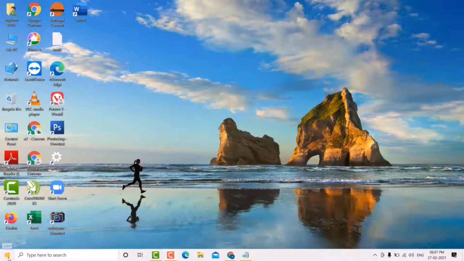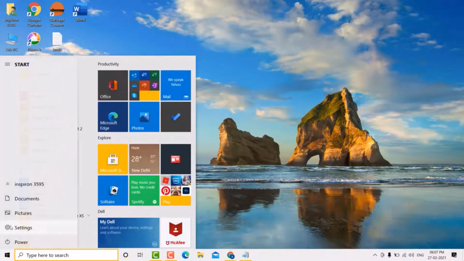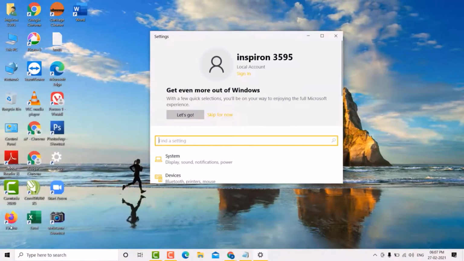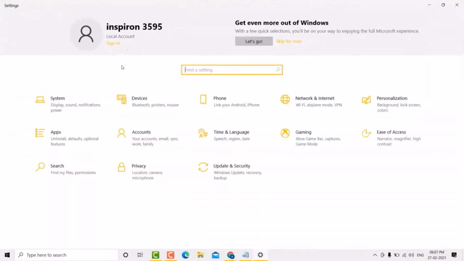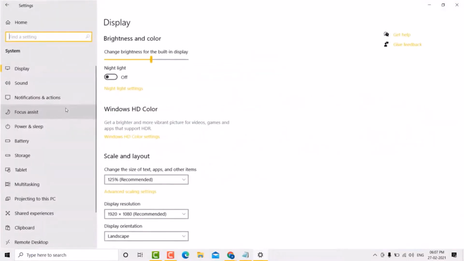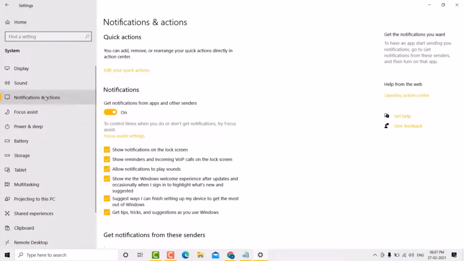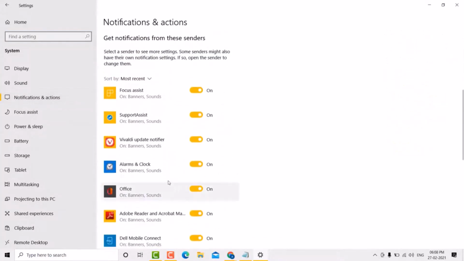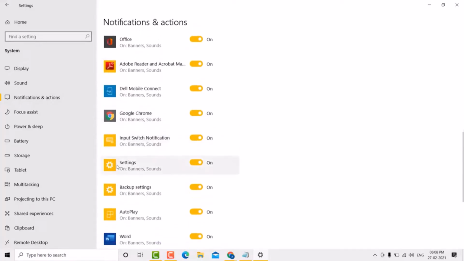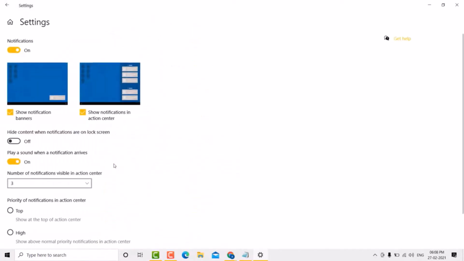First click on Start, after click on Settings. Now click on System, and here in the left panel, the option Notification and Actions. So click it. After click on Settings, and here option